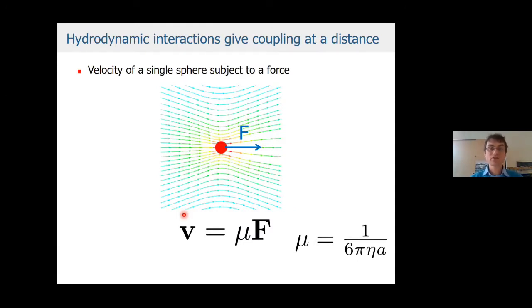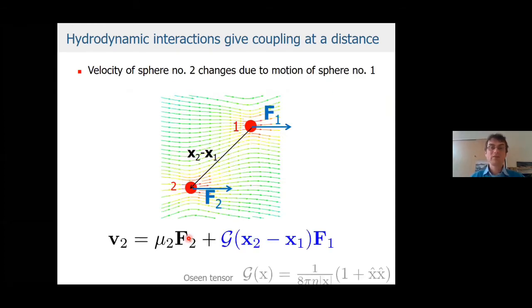A short physics primer. So you might know at low Reynolds hydrodynamics, which is relevant at the scale of these cells. If you would move a small sphere in a fluid by a force F, you have a linear relation between the force and the velocity at which you move the sphere. And if we would now have a second sphere,